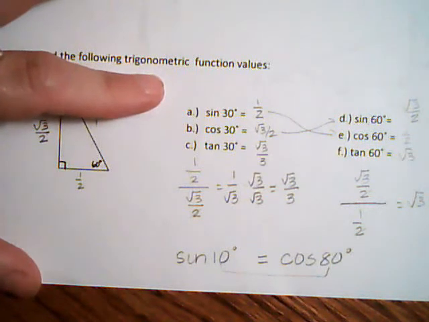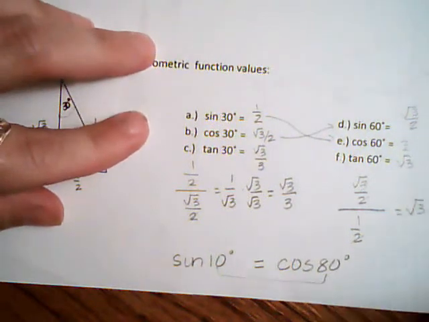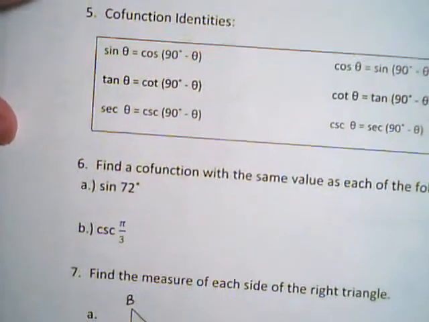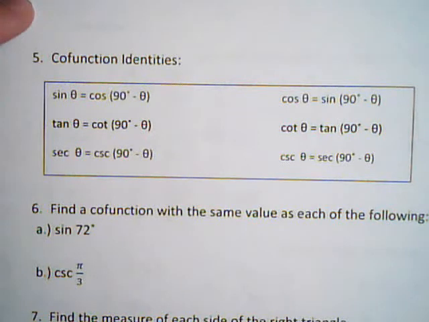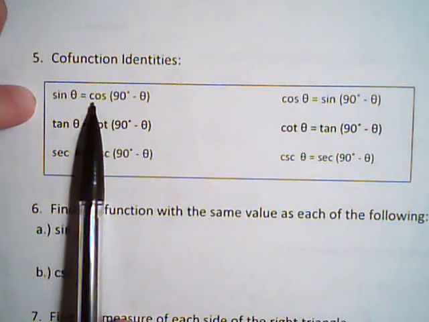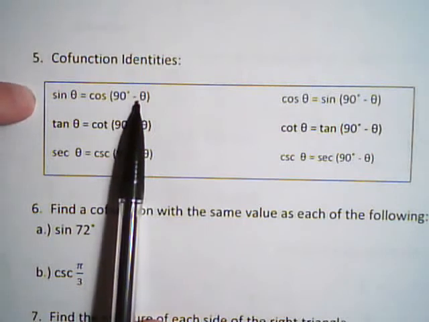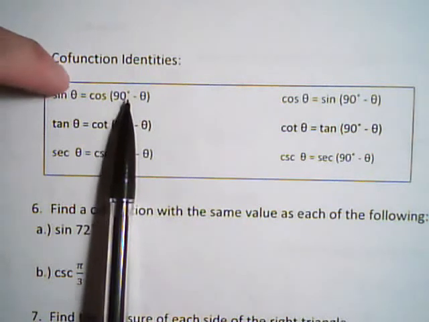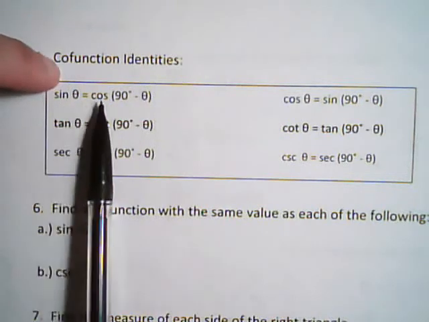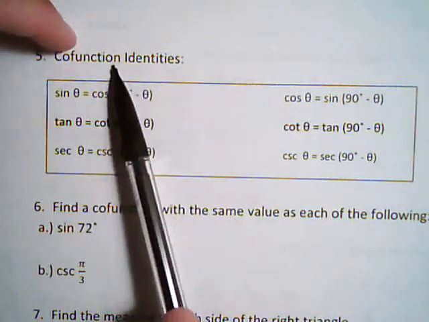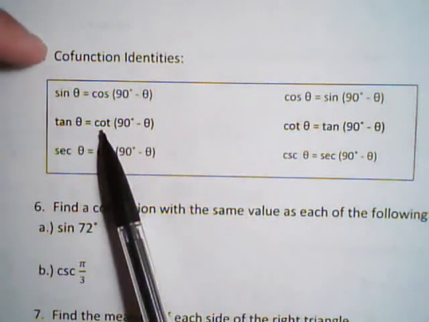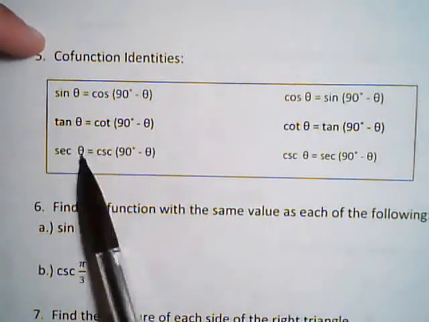Okay, this also works for secant and cosecant and tangent and cotangent. And it's actually on page 2 of your handout. Number 5 says cofunction identities. Okay, these are some identities that you need to be aware of and be familiar with. It says the sine of theta equals the cosine of 90 degrees minus theta. Okay, that's just saying what I said before. If the angles are complementary, then the sine of one equals the cosine of the other. So we can say that sine and cosine are cofunctions, tangent and cotangent are cofunctions, and secant and cosecant are